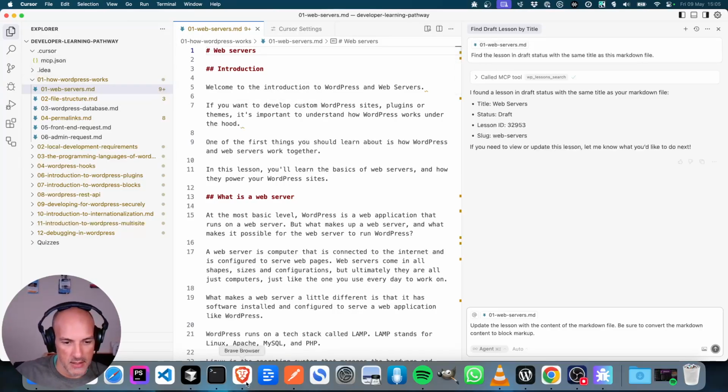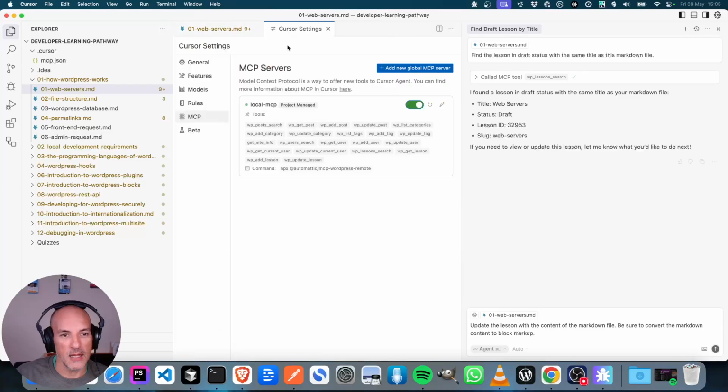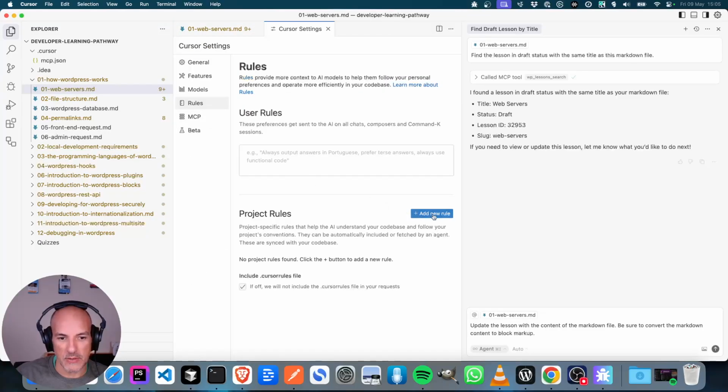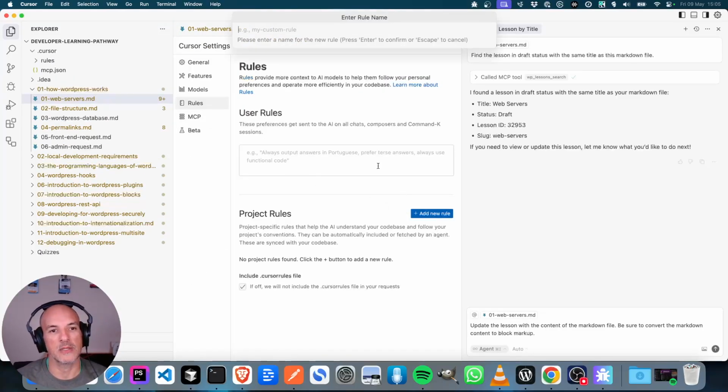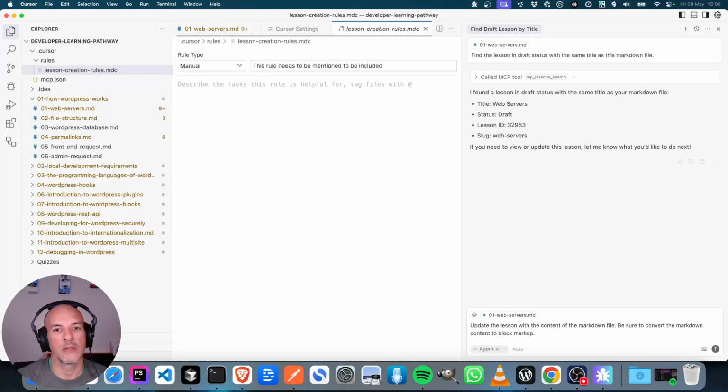So let's do that. Rules, user rules, project rules. So let's add a new project rule. Let's call it lesson creation rules. Okay, let's say always. And then let's say when creating lessons from markdown, when updating lesson,